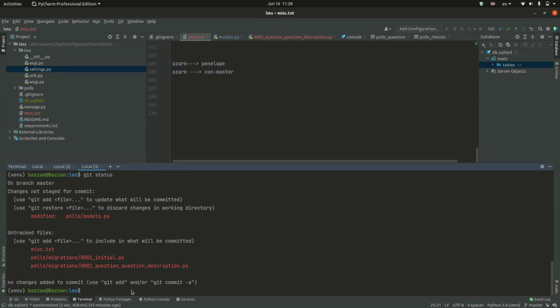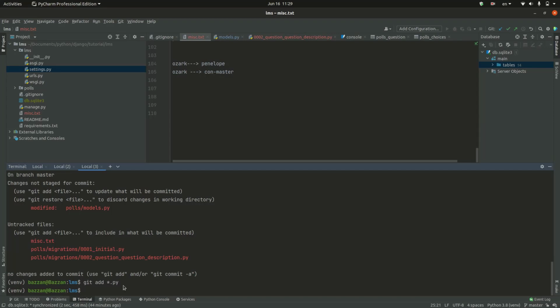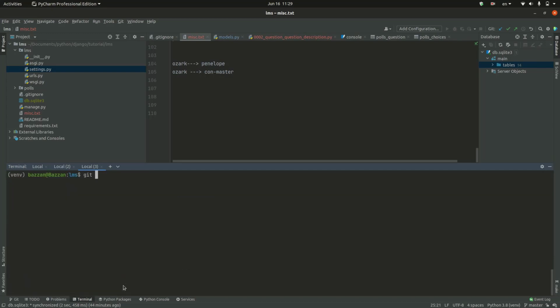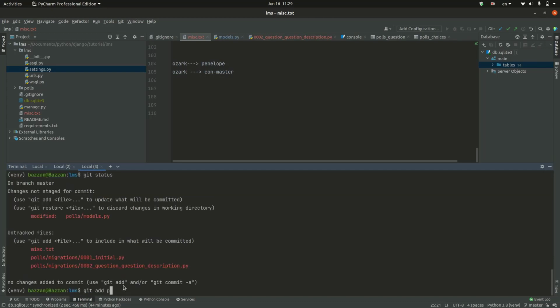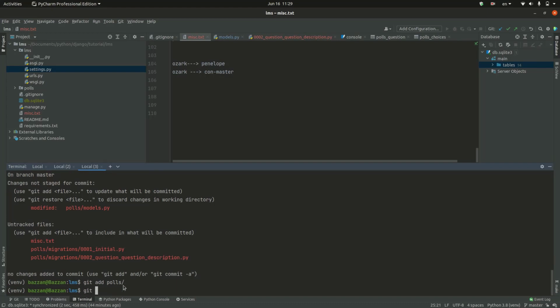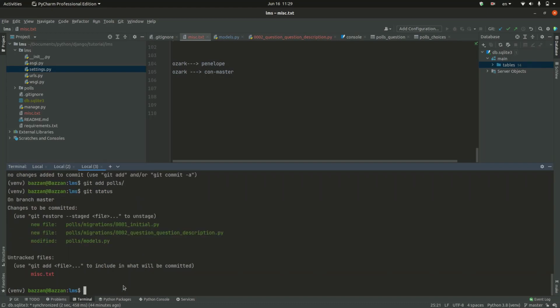to preserve our history. So the first thing we'll do is git add everything that ends with .py. Okay, that might be too much for you guys. Let's just do git status, git add polls slash. Yes, let's add polls. Then we can now commit it. Git commit, then let's say polls. I have to make the name as